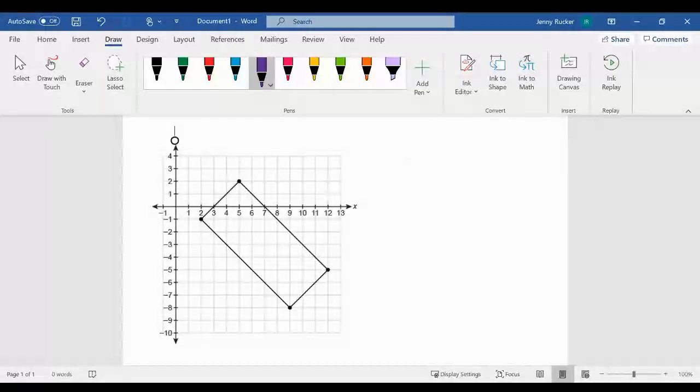We'll start by finding the midpoint of each side. So I'm going to start here at the vertex at (2, -1), and I'm going to find the midpoint of this short side. I would have to rise 3, run 3 to get to the next vertex. So I'm going to do half of that. I'm going to rise 1.5, run 1.5. And now I have my first midpoint located at (3.5,